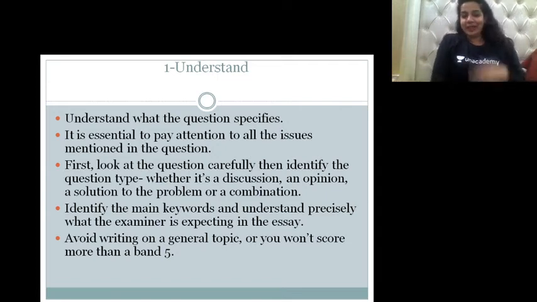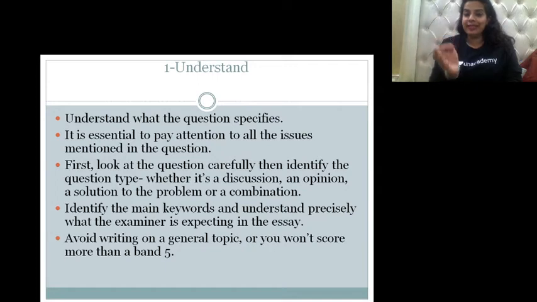Okay, identifying the main keywords. Now, the other tip is always identify what the main keywords are. Understand what the examiner is expecting in the essay. So, as we say, keywords play a very, very important role in the whole examination of IELTS. When you are speaking, you have to train your mind to find keywords. When you're listening, you have to listen for the keywords so as to answer the questions correctly. When you're reading, you need to understand the keywords so as to refer back to the page and answer the